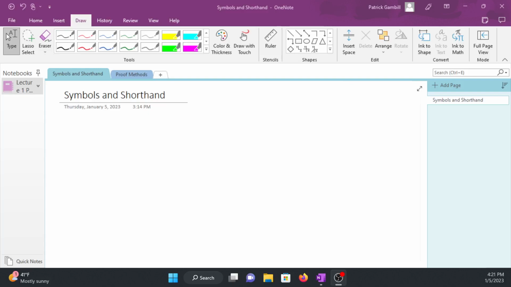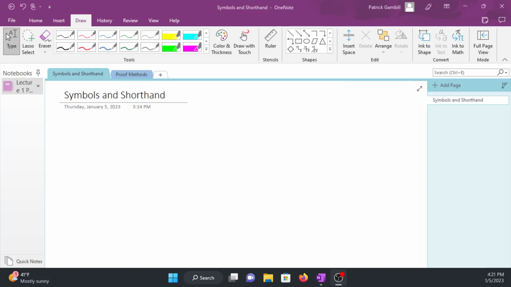To start with, I'm going to review some of the common symbols and shorthand that we will use throughout this course. These are fairly standard, but you might have seen slightly different versions or slightly different shorthand depending on your professor for previous courses, so I just want to go through this to make sure we're all on the same page. So to start with,